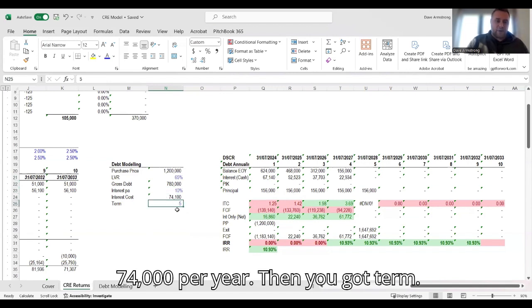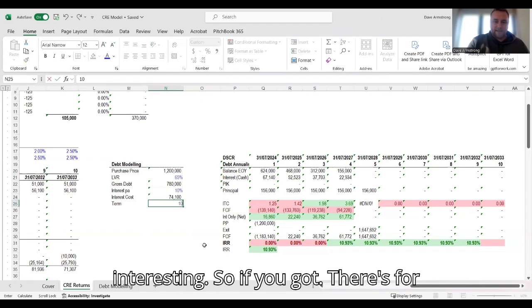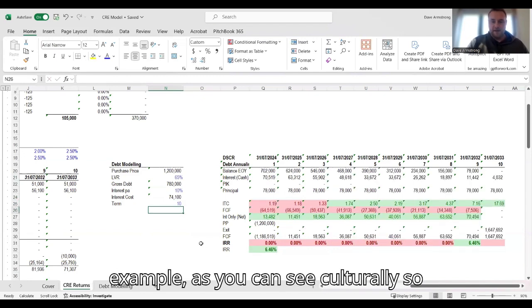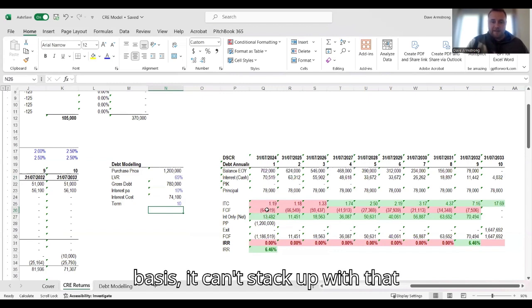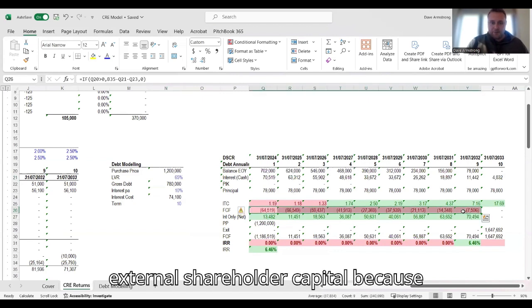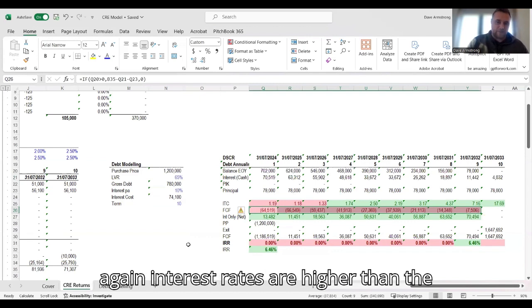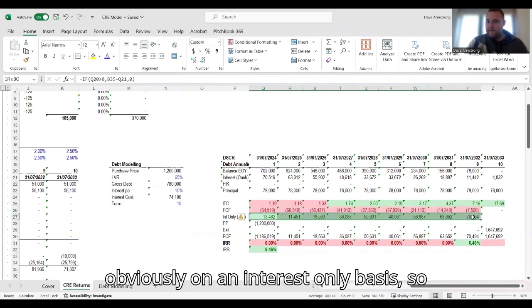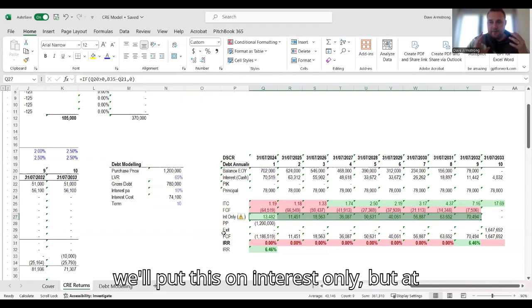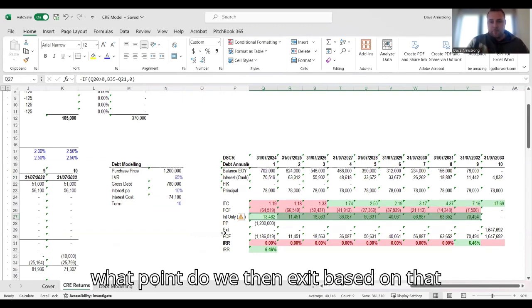Then you go term. So again, this is where it gets interesting. So if you go 10 years, for example, as you can see, it calculates it out on what we call a P&I basis. It can't stack up with that external shareholder capital because again, interest rates are higher than the current yield. And then obviously on an interest only basis, though, it does work. So you would go, okay, well, we'll put this on interest only. But at what point do we then exit based on that terminal value of